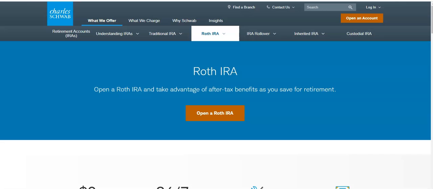And when it comes up, going across the top here, there's a list of their different types of accounts. We just want Roth IRA. It's just plain simple Roth. It's not traditional, it's Roth, and then right here it just says open a Roth. You'll click that,